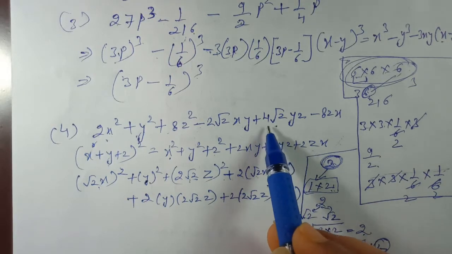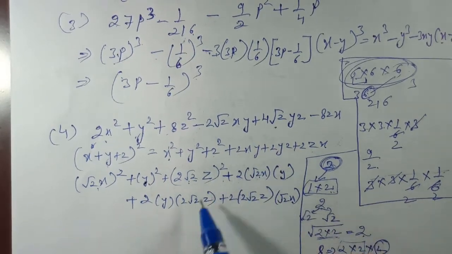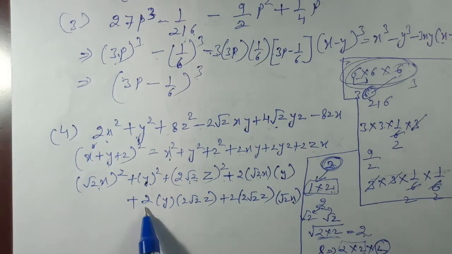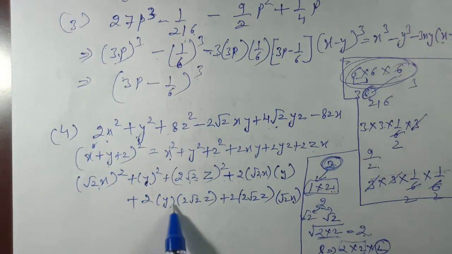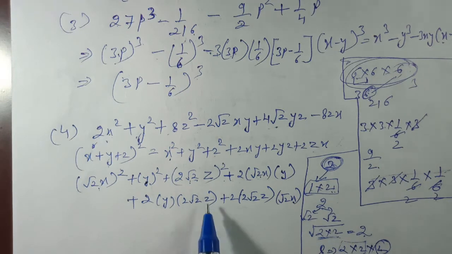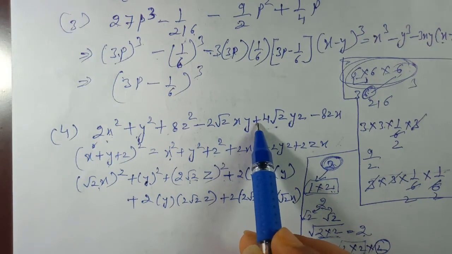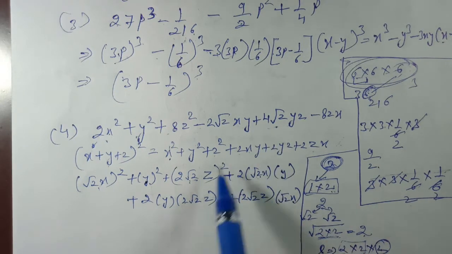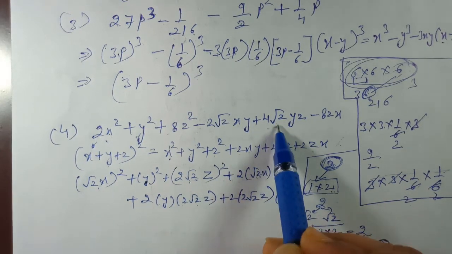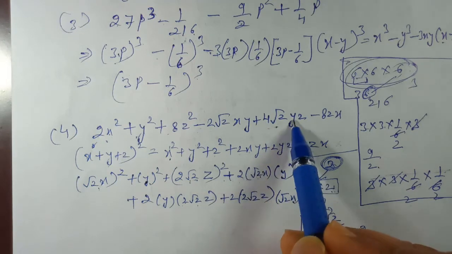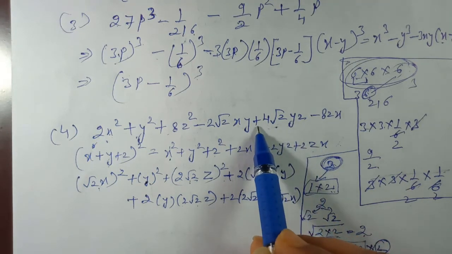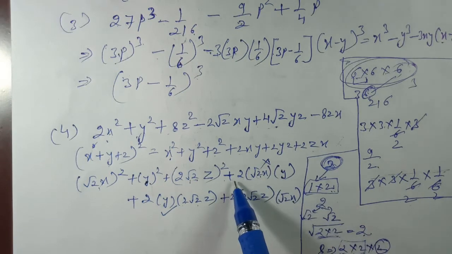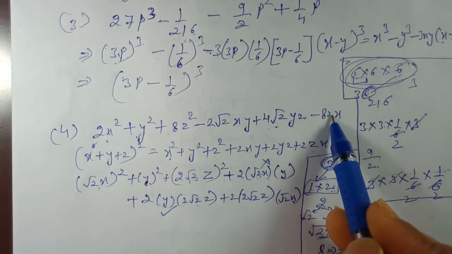So let us move to the next. Let us check all the terms. Again come to the sign. All signs are positive, so this will give positive. This is correct. 2 into 2 will give 4 and root 2. So this is correct. Then the variables are y and z. So number as well as sign is correct. So this is correct, but this is not correct. What correction is required? The sign. Come to the last.